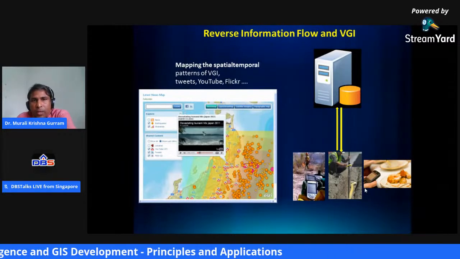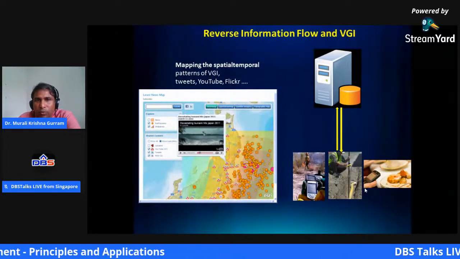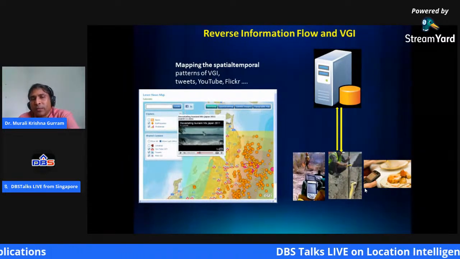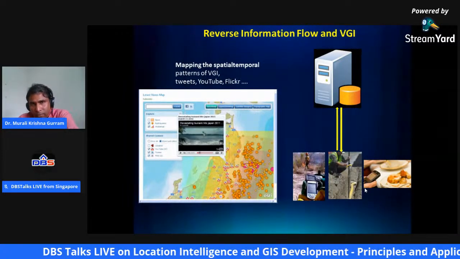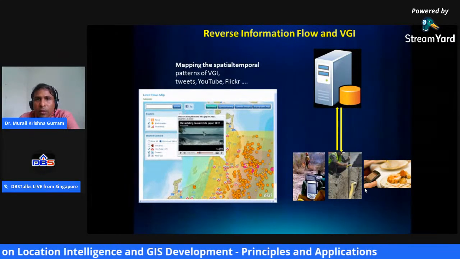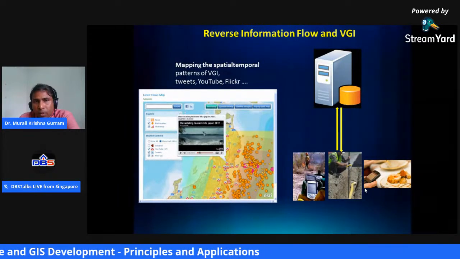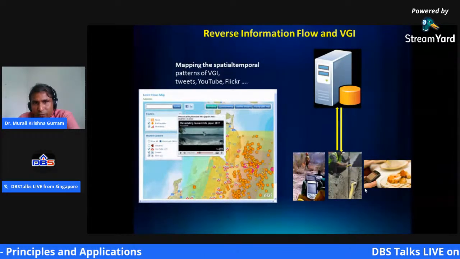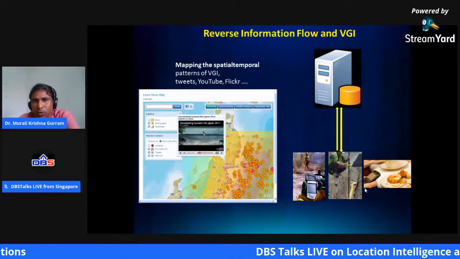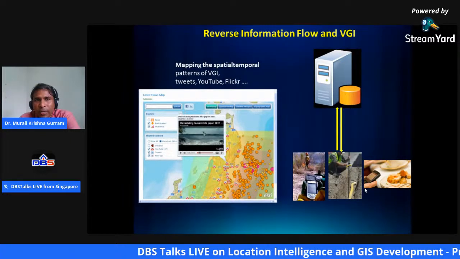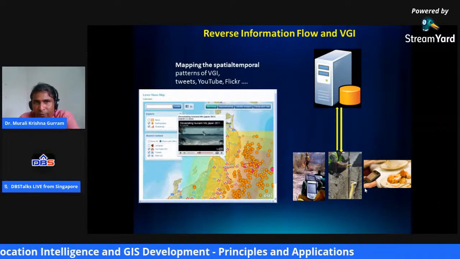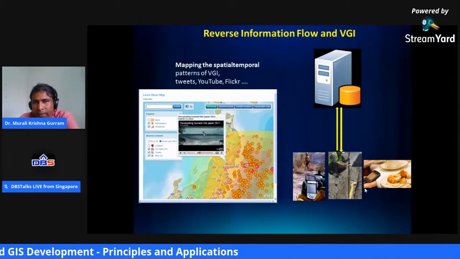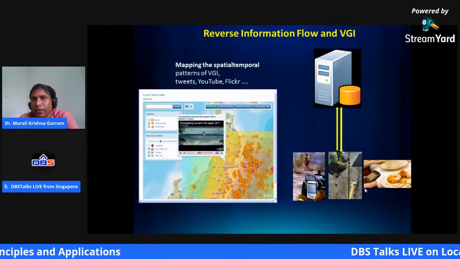So here, as I told you, there is reverse information exchange. The information flow is both ways. And VGI, as I told you, here is not a virtual graphic interface. Here I'm referring to volunteered geographic information.